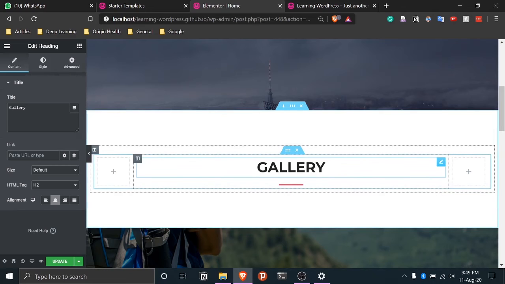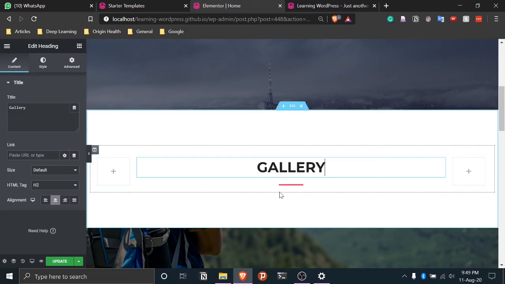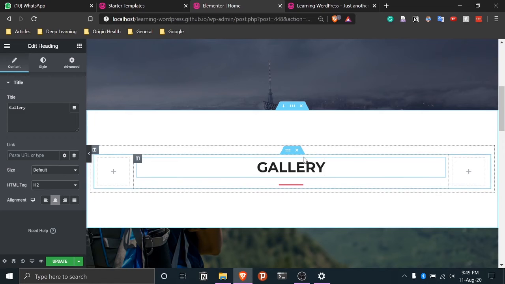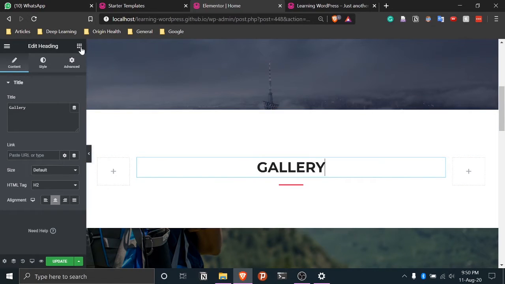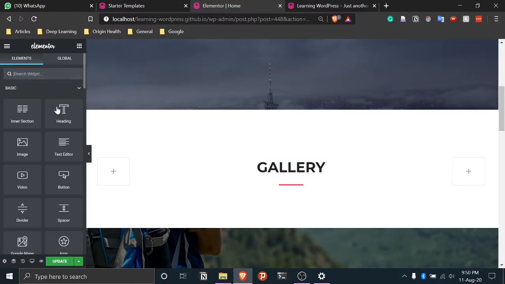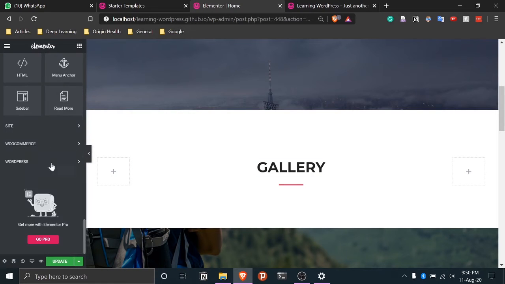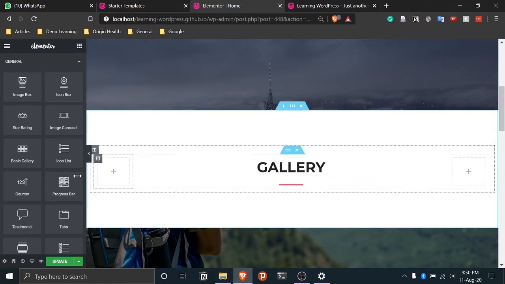Now that we have the gallery here in place, and we want to add images our way. So we'll go to, if you click on this, this is basically like a menu which has all these tools available that you can just use, and make anything here.